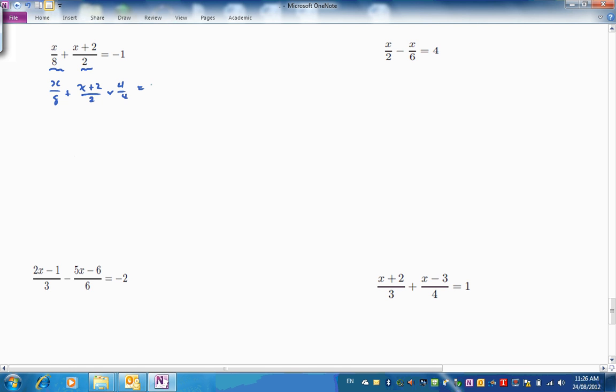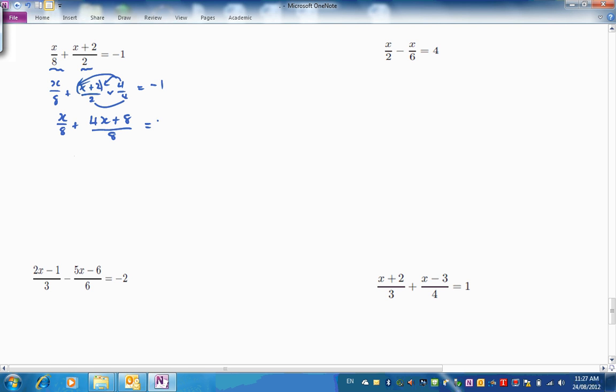Let's leave the other side for the minute so that we've got x over 8 and this one's going to come to 8. So there's 4 lots of all of this. So that's 4x. 4 times the x and 4 times the 2, that's 4x plus 8, all over 8, equals,